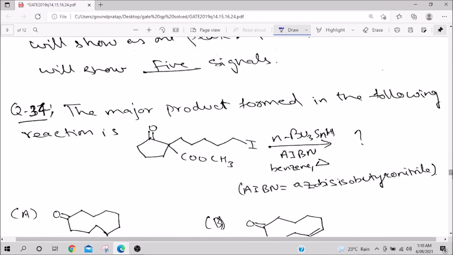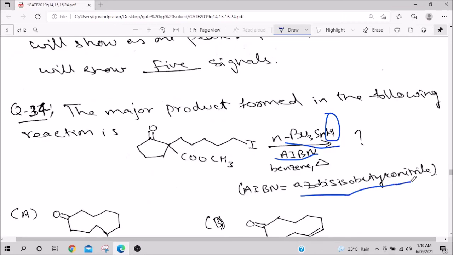Last question, this was a bit of a tough question. So, the major product formed in the following reaction. Remember, whenever you have n-butyl tributyl tin hydride, this tin hydride will always react by the radical mechanism, and you should also know this AIBN, that is